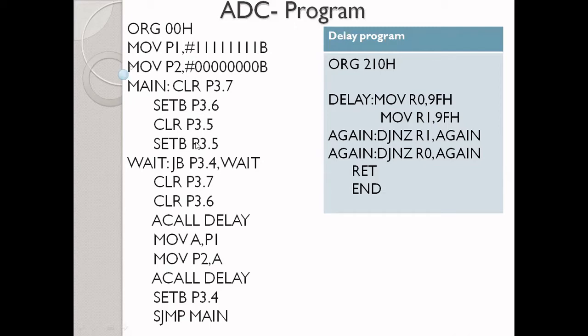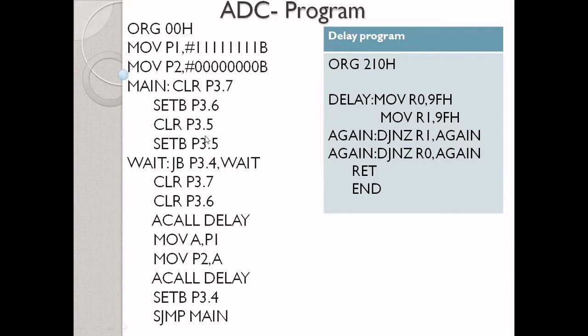Next, SETB P3.5. So what will happen is first it is 0, and next it will become high. Set means high, clear means 0. So port 3, 5th pin is called the read pin, and this is called the write pin.